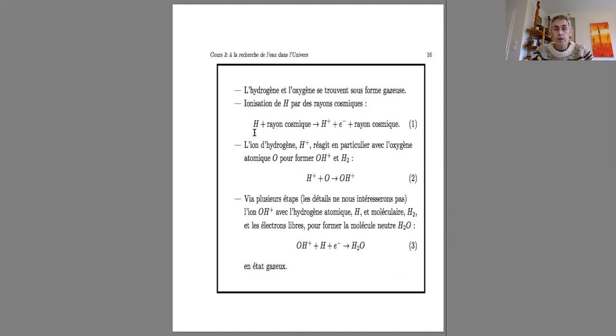They're also important in the production of water. Getting back to our sheep, as you say in French. So you have hydrogen plus a cosmic ray can lead to a hydrogen ion. So the electron, this is the electron here, got stripped from the hydrogen nucleus, and the cosmic ray just continues on its way. They have more than enough energy to do this because, as I say, they're traveling near the speed of light. So it's very easy to strip this electron off.